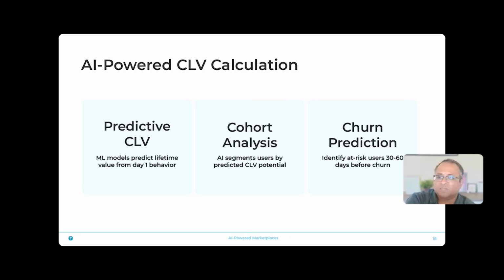In terms of predictive CLV, cohort analysis, and churn prediction, I would say the AI-powered tooling has come a long way today. You can use things like plug and play. All you have to do is have an arrangement with one of those vendors, and they will use AI. Back in the day, about 18 months ago, there was nothing here. You had to create your own CLV models, and those are frustratingly hard to get right because of the seasonality involved and all the other statistical complexities. But there are so many vendors in this space now, and I would say check out data partners here.